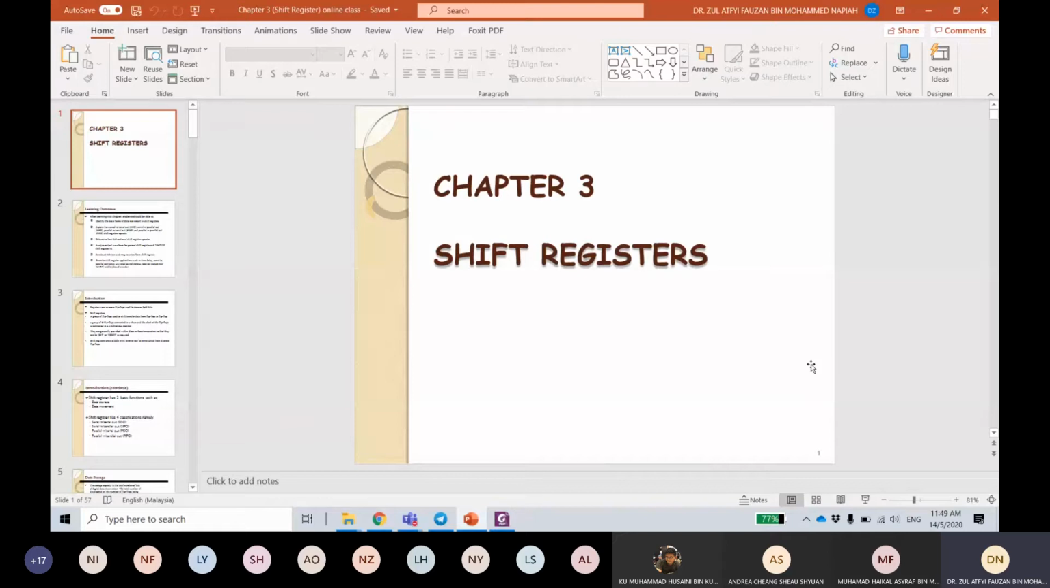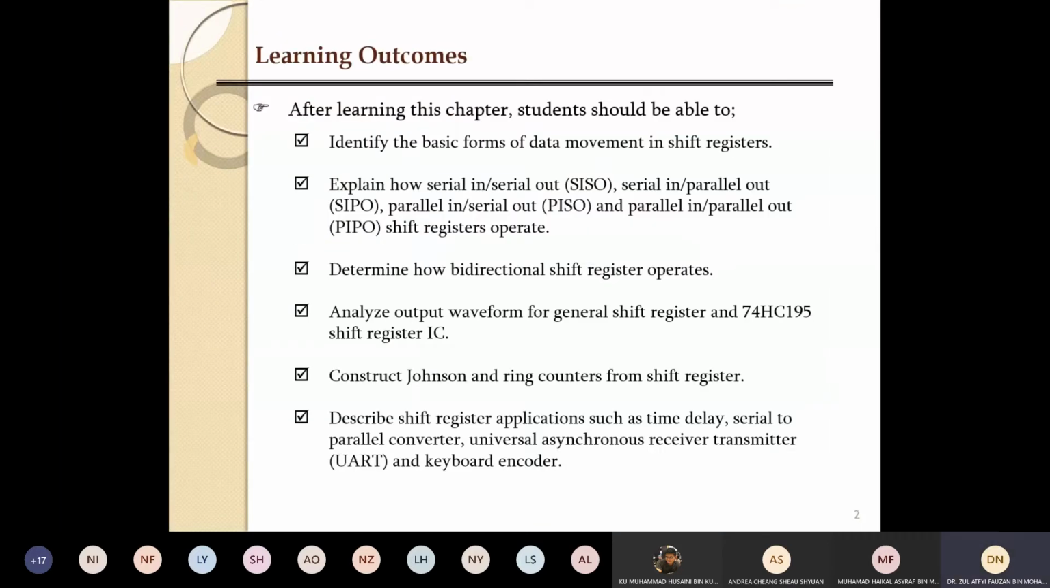So today we start with chapter 3, shift register. Okay. So before we go forward, we go through the learning outcome. After learning this chapter, students should be able to identify the basic form of data movement in shift register. Okay, so shift register, the basic